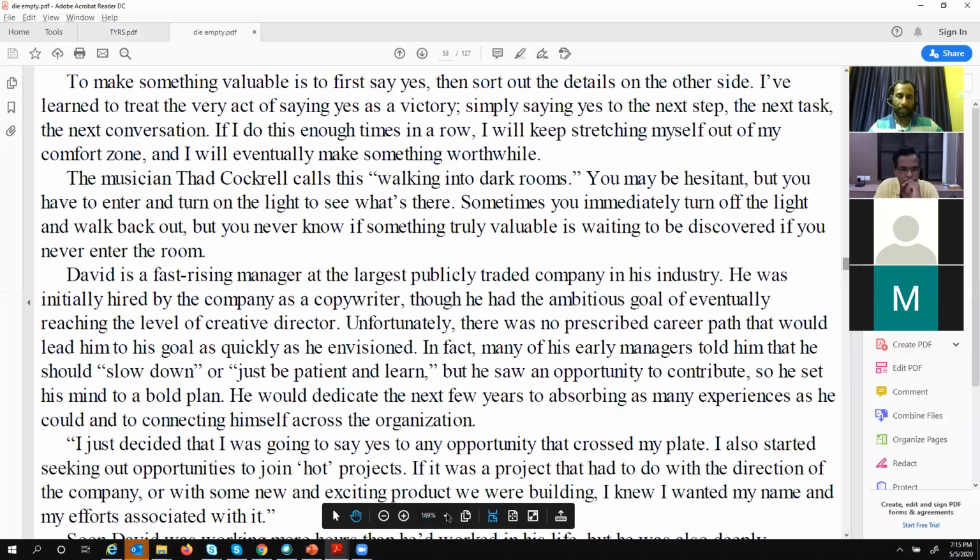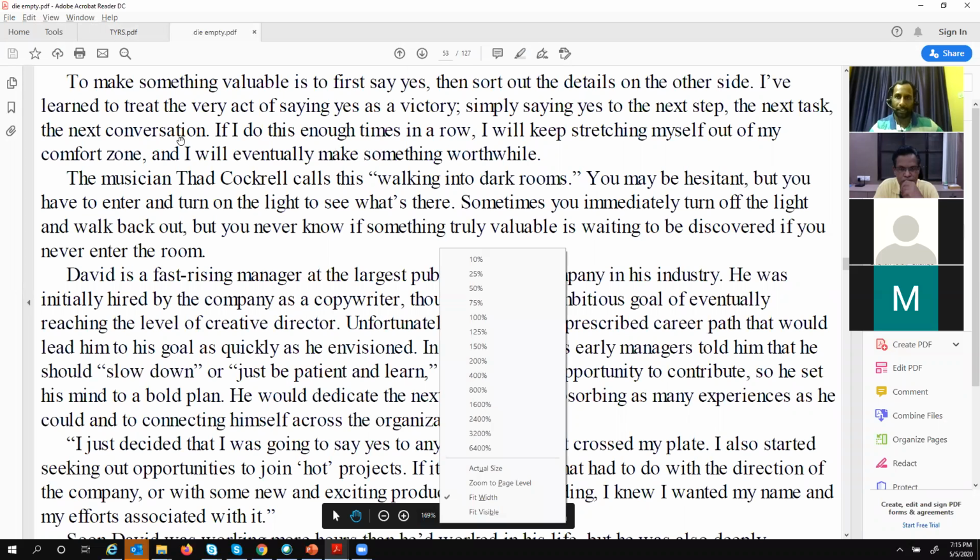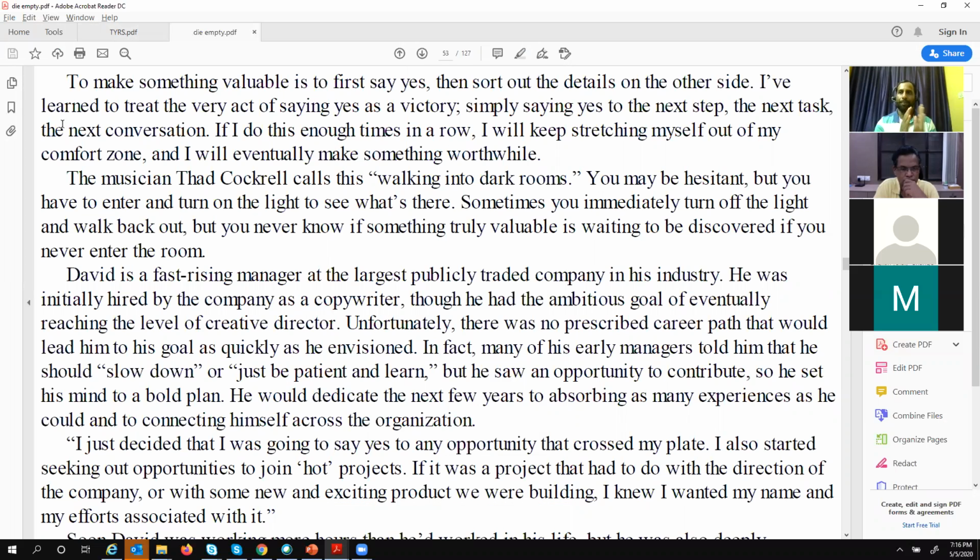you can set the zoom and everything, right? You can look at the screen, how much is your vision, means how much you want to span your vision, and set it accordingly. If you place it that way, it will be very easy for you to read and follow that consistently.